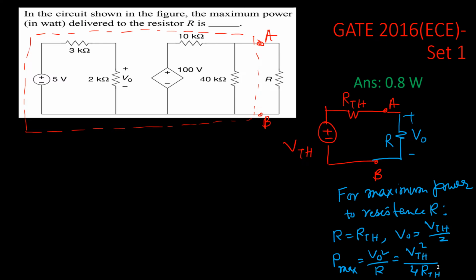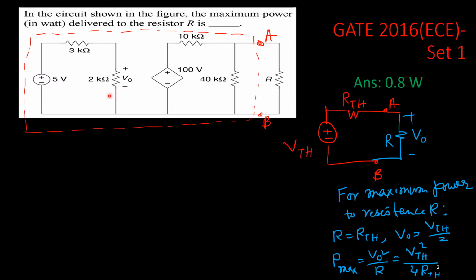Okay, now how can we simplify this one? This work is very simple. On the right side, you see this dependent source network is depending on this resistance, but this sub-network is completely independent, so we can solve it independently. So we'll get a voltage V0. That voltage you can put here, and it will behave as a simple DC source, and we can simplify this circuit.